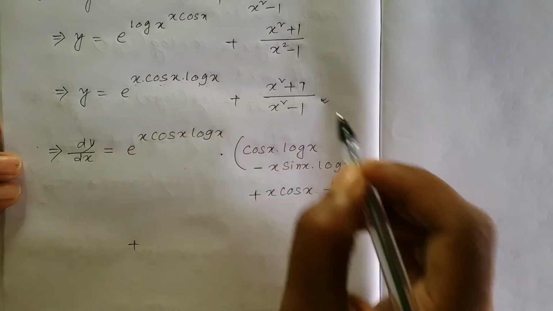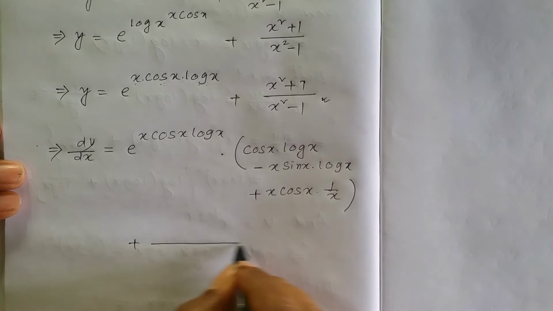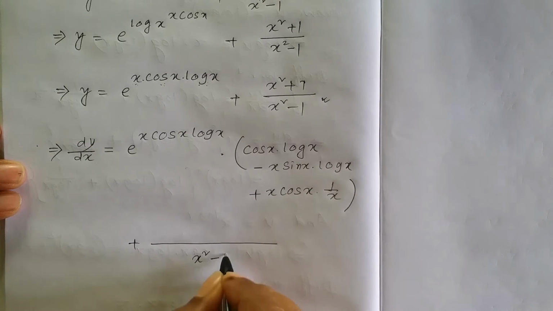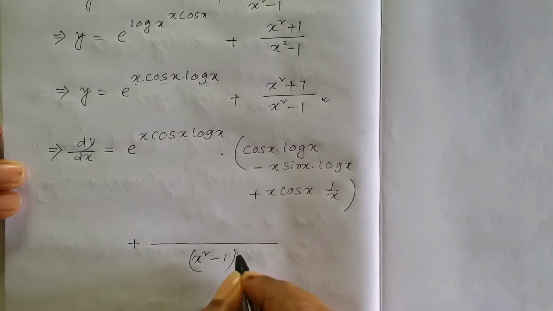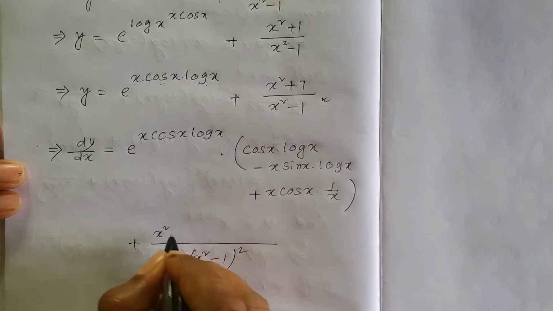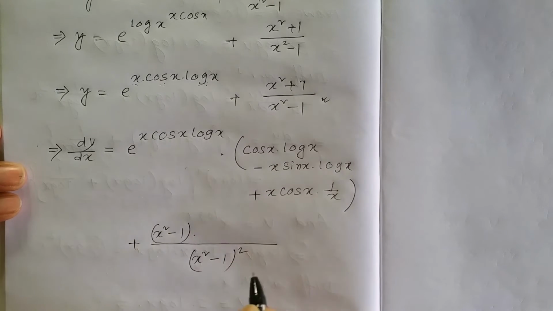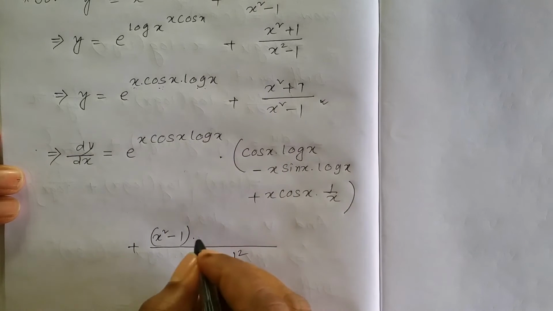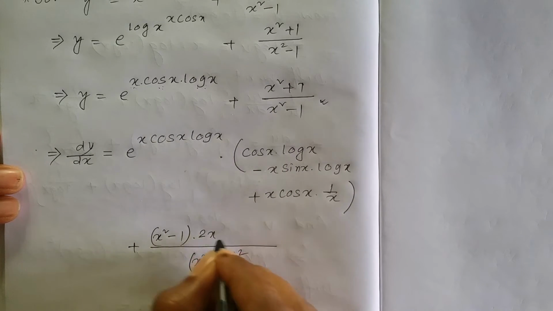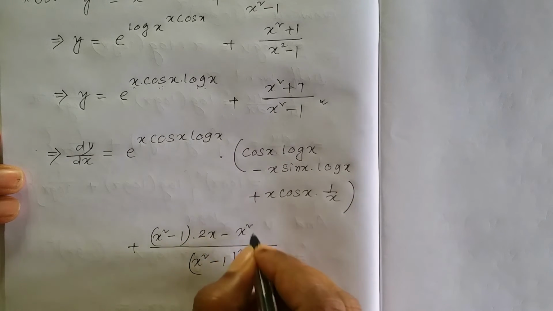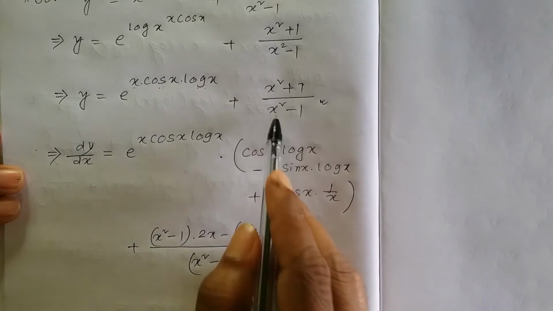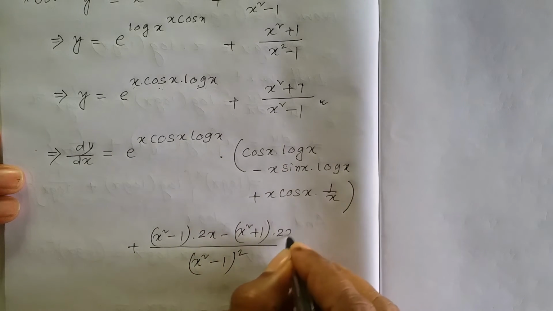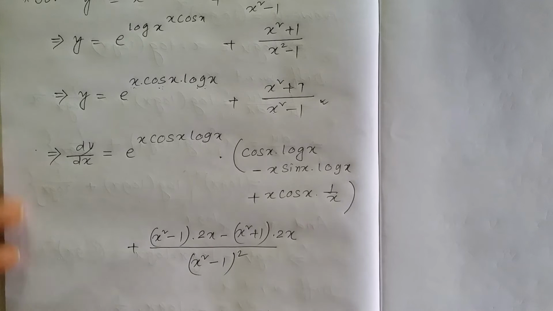Now come to the second part. This is a straight question I told you: it is denominator square, so x square minus 1 whole square, then x square minus 1 into the derivative of the numerator, that is x square plus 1, whose derivative is twice x, minus x square plus 1 into the derivative of the denominator, which is again twice x. Simplify it, so that implies dy dx is equal to